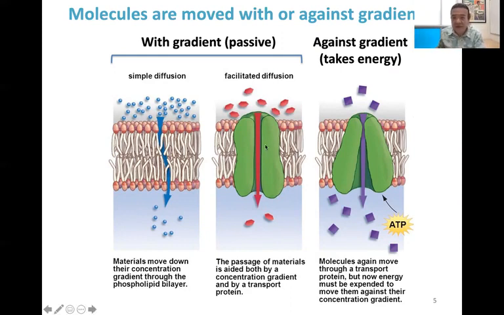So these green things, what are they? Well, they would be proteins of some particular shape that's meant to allow this red molecule to go through it, but maybe not allow certain other molecules to go through it. Okay. Then this last